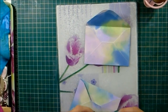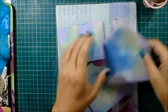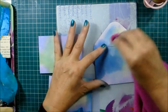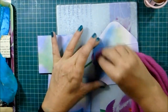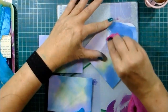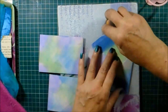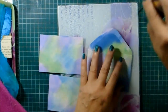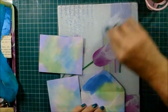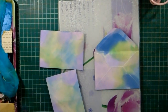Right. So let's turn them over, grab that corner again, just see if I can blend that a little bit, and on this side. Right, okay, just get a bit more ink on there. Oh, where's our wipe? Right, so I'm going to grab these napkins